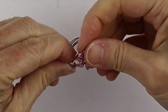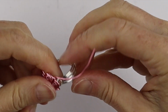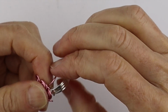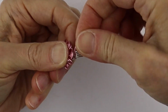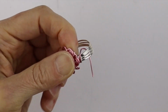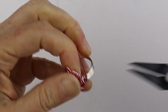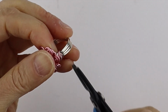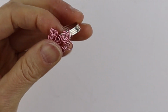And then on the other side we're just going to push it over, hide that little bit, and then we're going to take this one and put it through here, through the ring form, and then up between those wires again, through here again. If you're having trouble grasping it, just get some flat pliers, bring that one up, and then we're going to clip that one. And then from there we can just give that a push, give that one a little push,